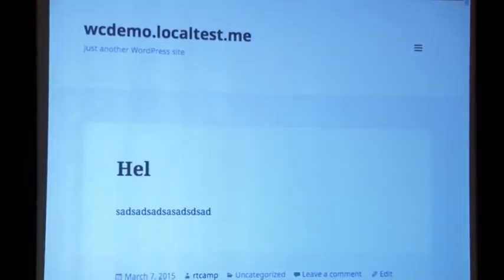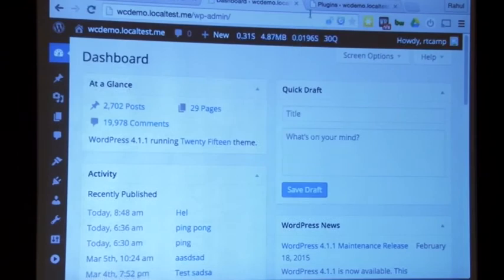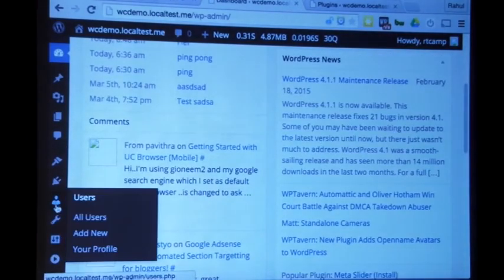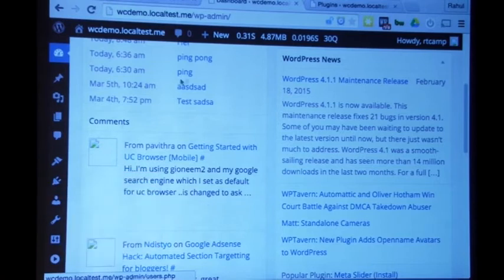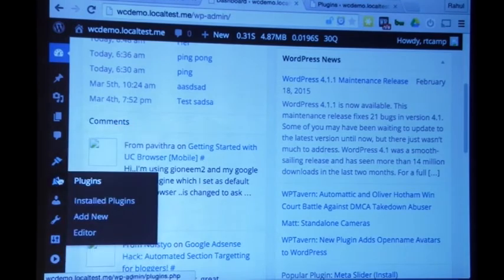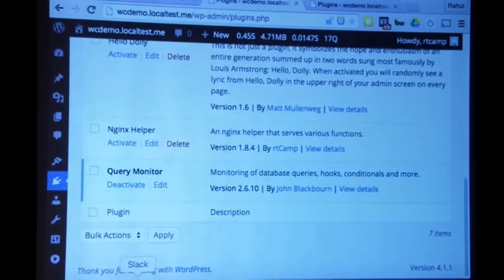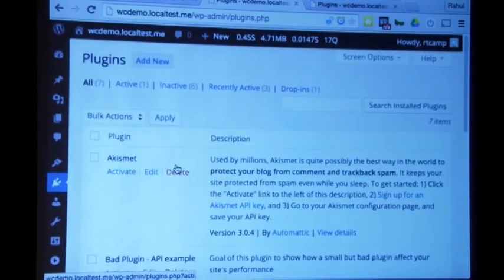Okay, this is just a plain simple WordPress site. It loads in just 0.28 seconds, right? And here is its backend, with just one plugin, just to benchmark this number. Where are my plugins? All plugins are deactivated, except Query Monitor. So everything is running fine.